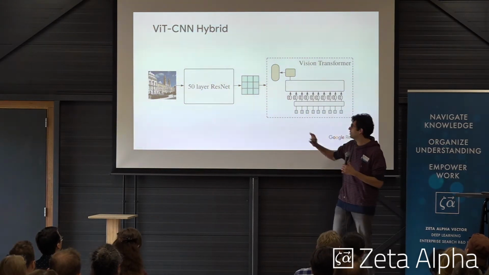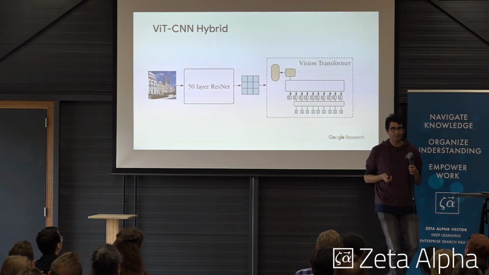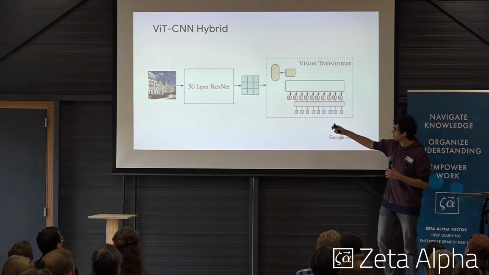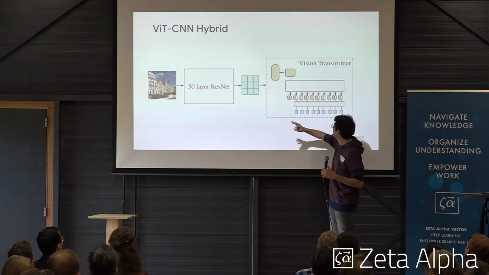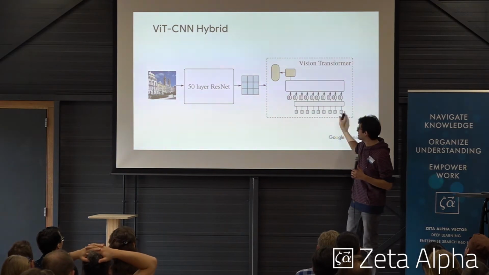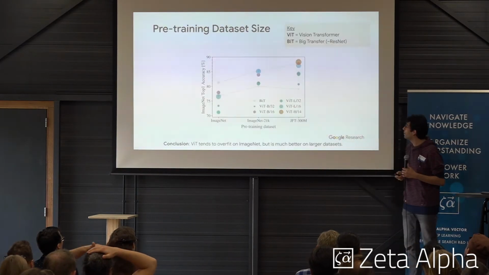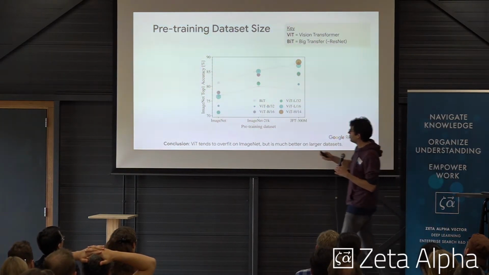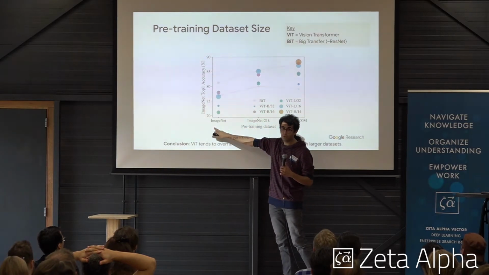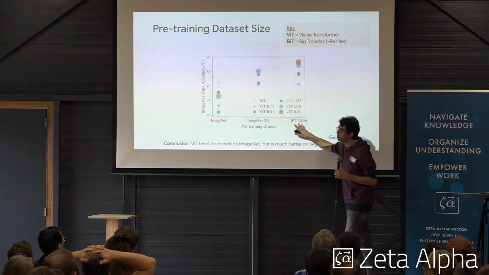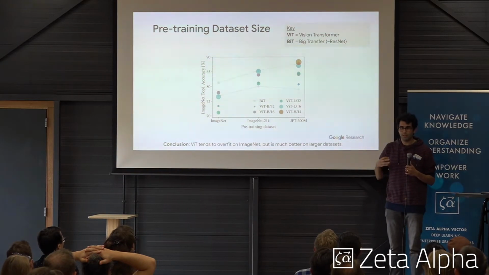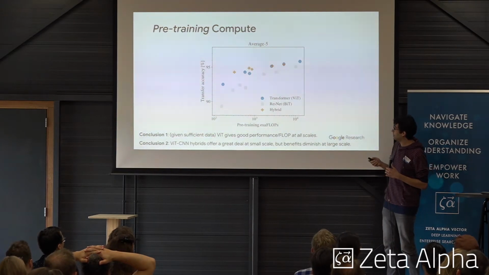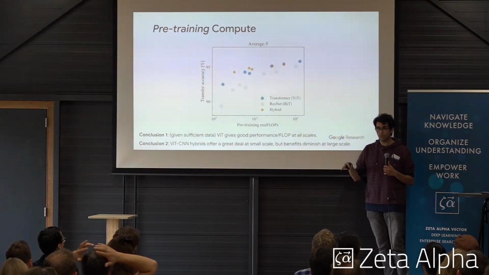tokenizing, and just use a mini ResNet or a ResNet 50 or even larger ResNet. On top of that, we just get the representation out of the ResNet and then linearize that into a sequence and then feed it to a transformer. As I said, you don't see the benefit of width when you're working on a smaller data set. And when you move to a larger data set, you can see that it actually starts working really greatly. And what is great about it is that it gives you a really nice performance-compute trade-off compared to convolutional